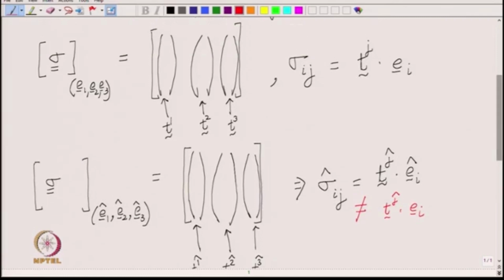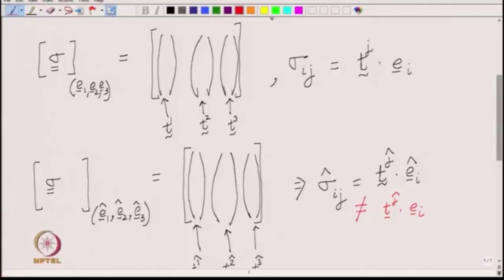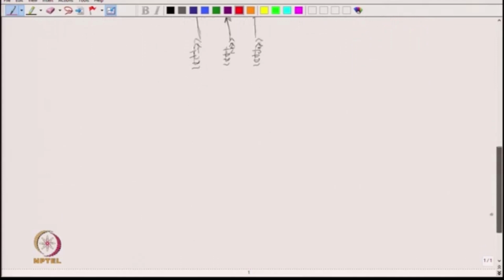All right. So, that is the definition of this stress matrix, but how to relate sigma I j and sigma I j hat? That is the question: how are these two related to each other? So, we are going to use the definition. I will write again sigma hat I j, that is equal to T j hat dot E I hat,